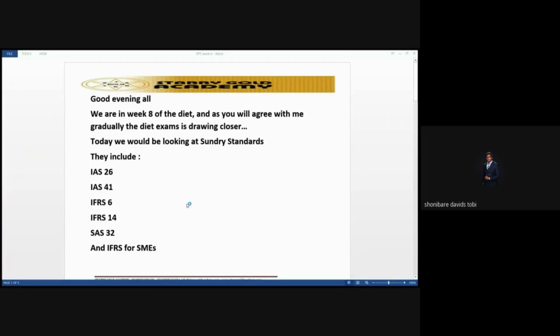And also, lastly, we have IFRS for SMEs. That's the small and medium-sized entities. These standards provide simplified accounting standards for small and medium entities that do not have public accountability. When I say public accountability, it means they are not listed. That's literally what we are saying. And there are some particular key features. Those standards have been very simplified because, from experience, I consult for SMEs.